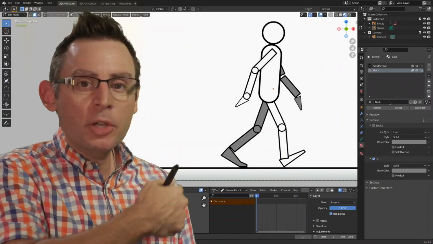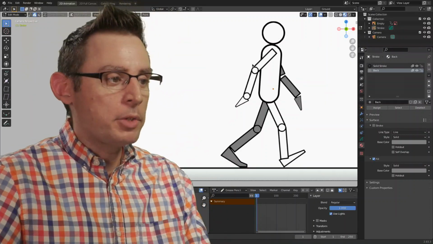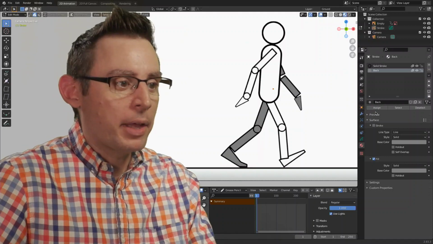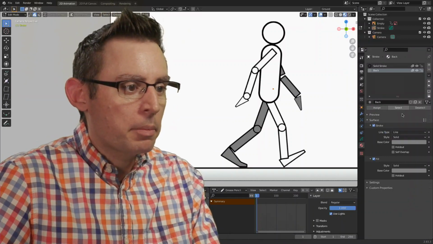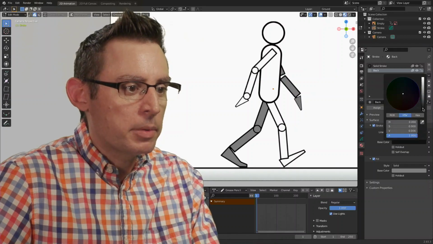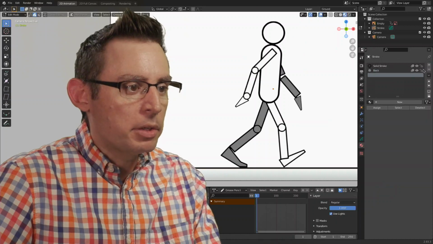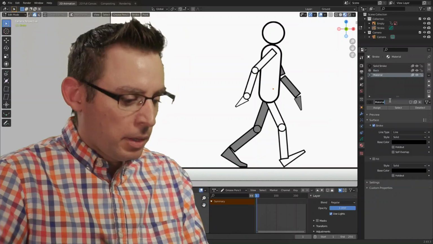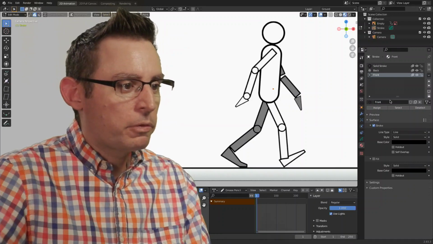So the objects that are tagged with the back material are going to be the background objects. So the back arm and the back leg. Now we're going to give it a little bit of a stroke. What color do we want it to be? We'll make it black just so it kind of matches what's already been done. And then we're also going to have another material. And let's give it a new name. And since we're sticking with the back and front system, we'll call this one front.